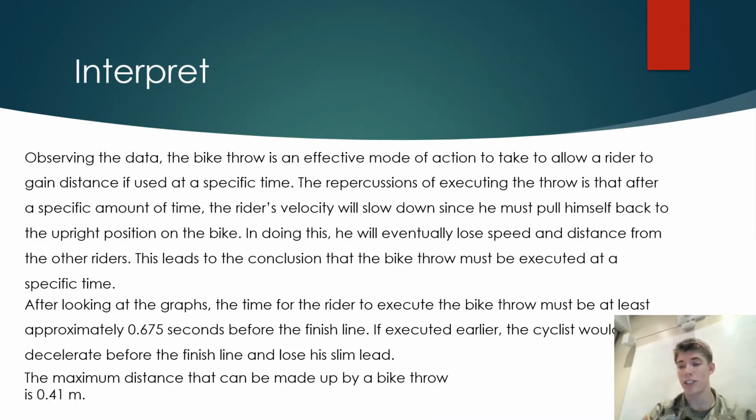All right, so interpreting the graphs, the bike throw is a very effective means to take in order to get that last little bit of distance in order to win the race. The only problem with this is you have to execute it at a specific time interval in order to reach its maximum potential. So, according to our graphs, the best time to execute the bike throw would be 0.675 seconds